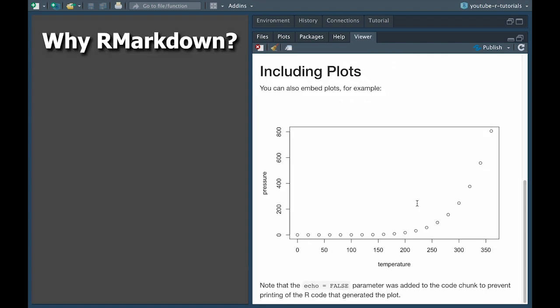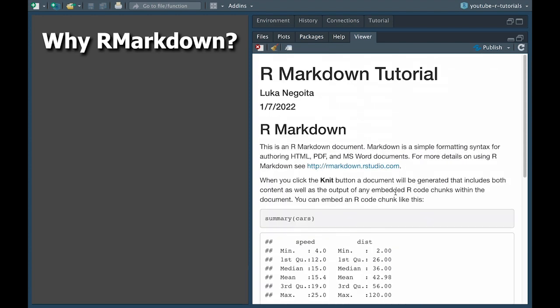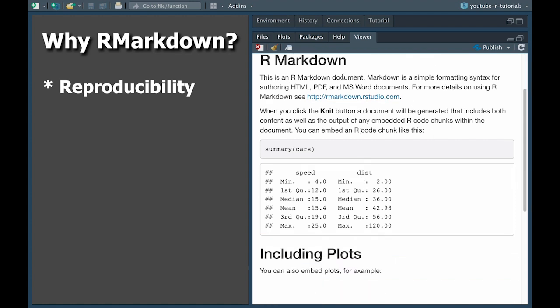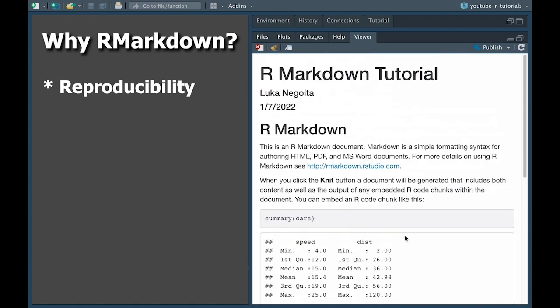So why is Markdown so awesome? Well, first of all, you can organize your analyses much more clearly for reproducibility. So for example, here, this is just an example, but you can have all your text explaining how you did the analyses with the actual code that does the analyses and the output figures and results. So you can share what you did with anyone that you want to very easily, and they can see exactly what you did and they can replicate it themselves if they want.